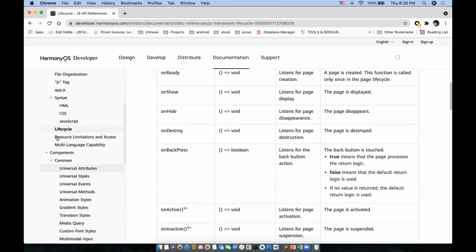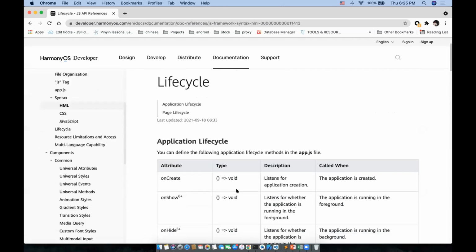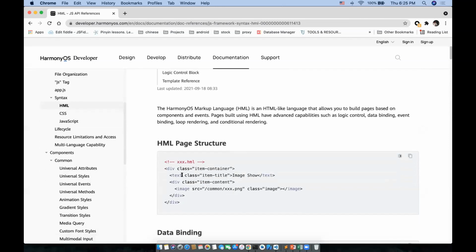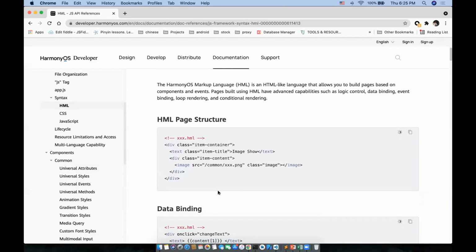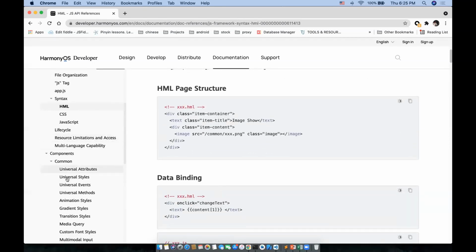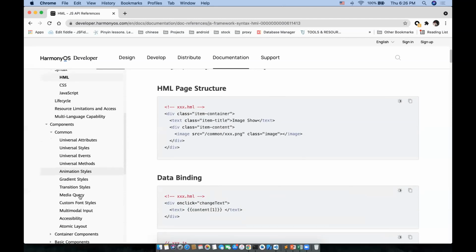As part of the component, like when you're writing HTML, you'll have multiple things: attributes like class, source, and styles, where you will have CSS, and you can write styles for your div. And you'll have events, for example, you have a button or a div and you want to bind some event like a click event. And there are some methods exposed by the components. So these common attributes, styles, events, and methods are available as part of the common components. It has been shown here.